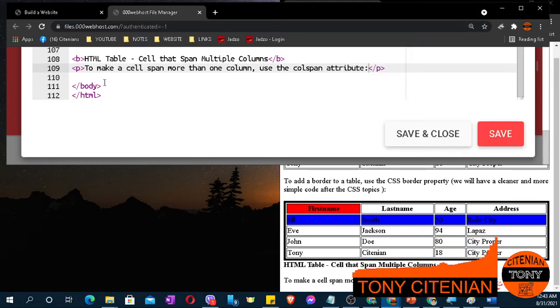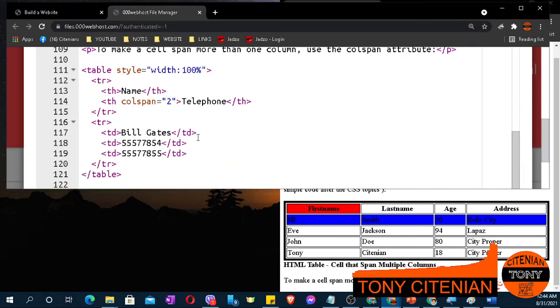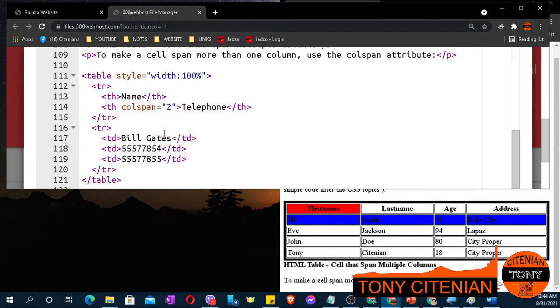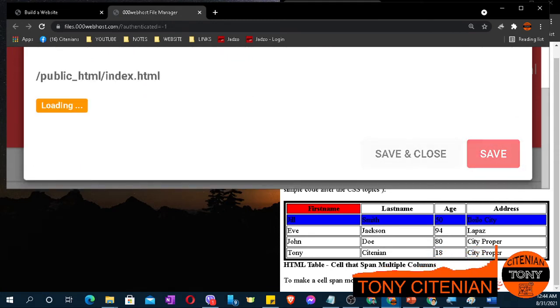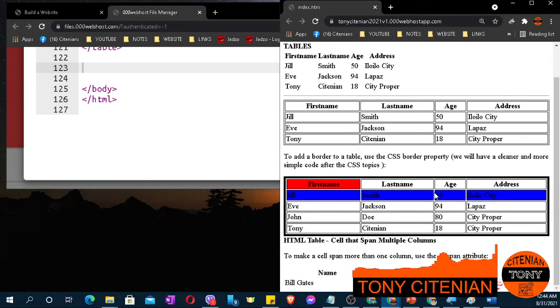In here, HTML table cell that span multiple columns. To make a cell span more than one column, use the colspan attribute. Let us save and then refresh. As you can see here,